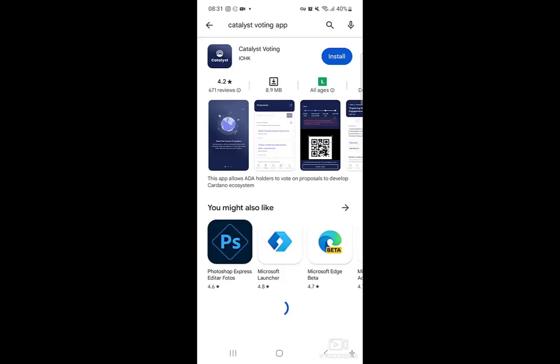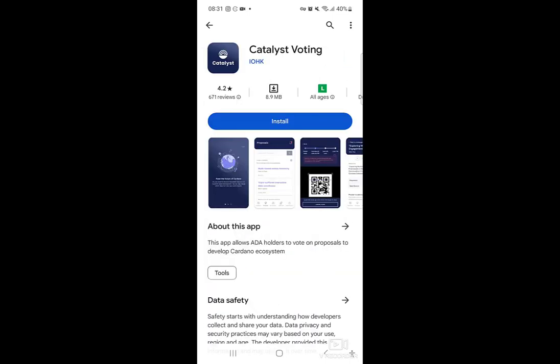So, the Catalyst voting app, I'm going to install. I see here the developers